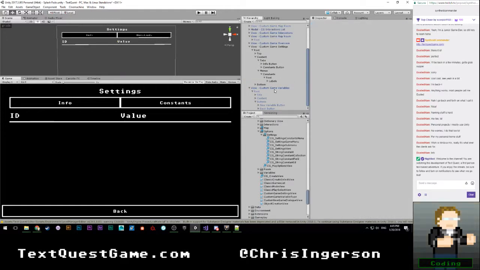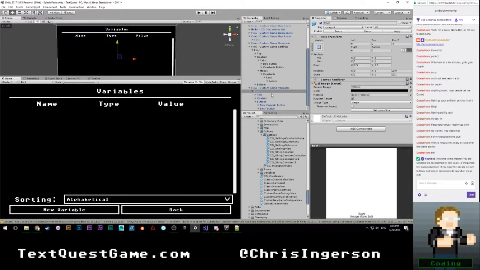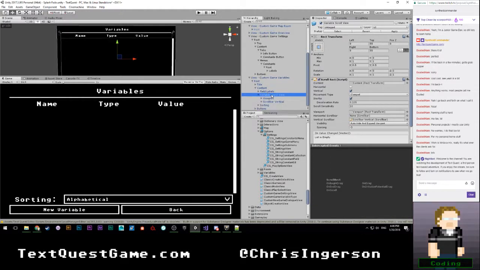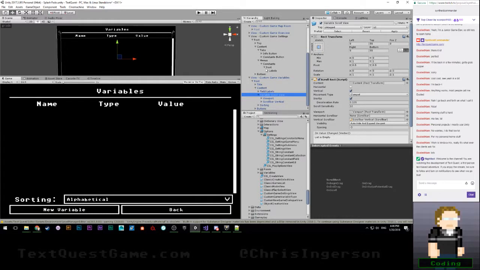I'm going to delete that. I'm just going to steal this one. Of course I haven't set that up. That's fine. Dang it. But in that case, there's not much of a reason for me to steal this one, but I'll do it anyway. So variable scroll view, let's go ahead and copy that.